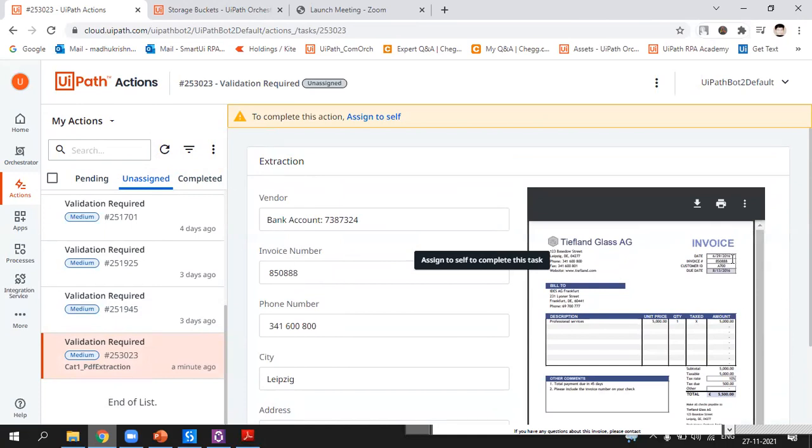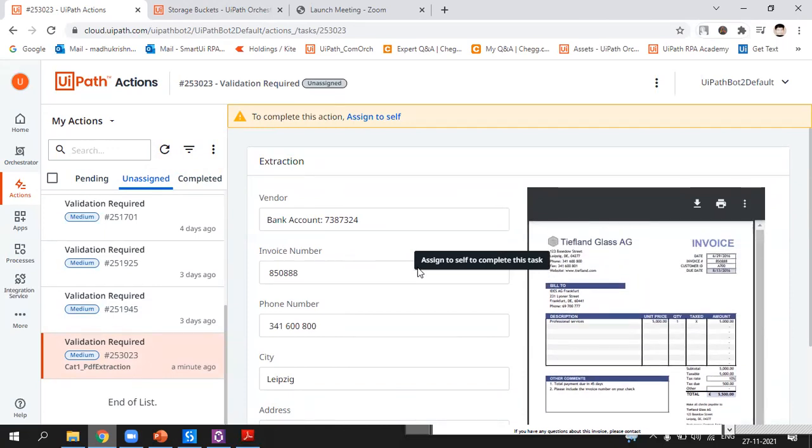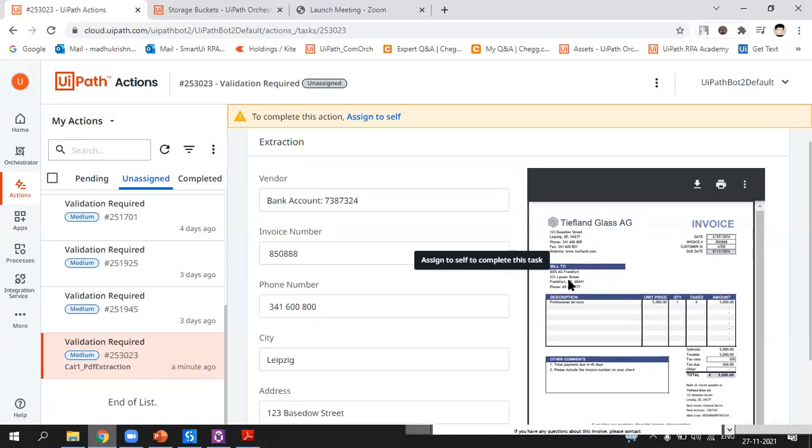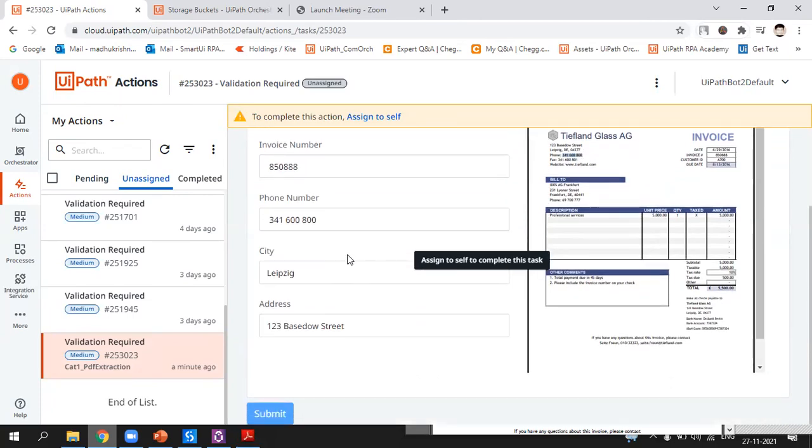And then the invoice number, it is here, 85088. You can also download that. You can make that in the form designer. You can have your own design for the form. And the phone number, this is the phone number, and city Leipzig, and address as 123 Bastor Street.